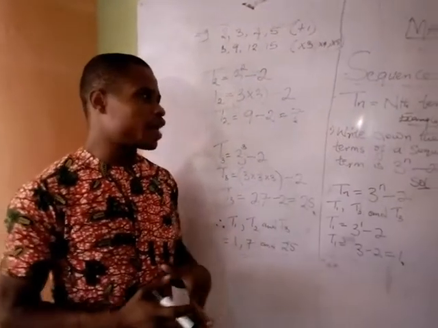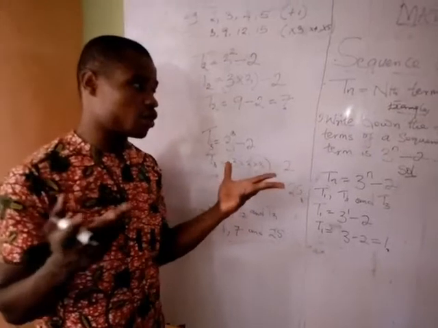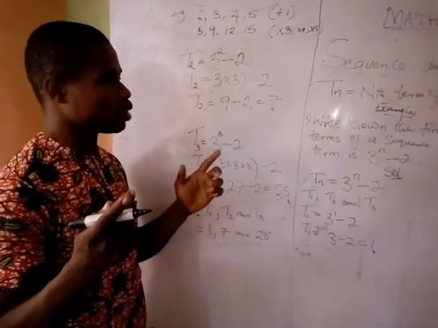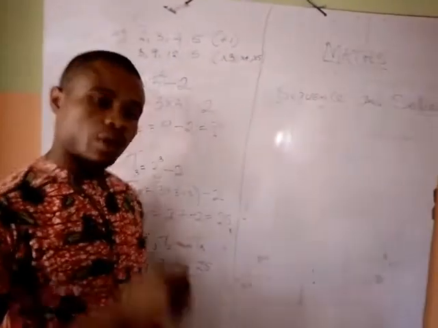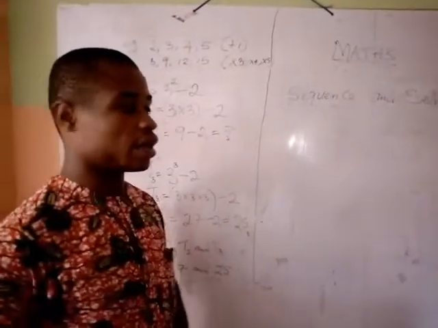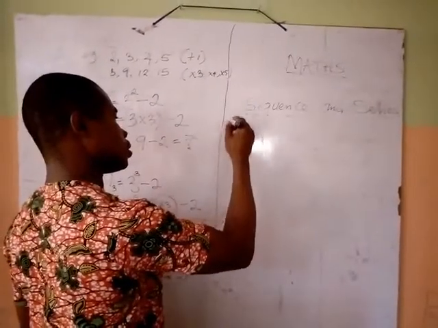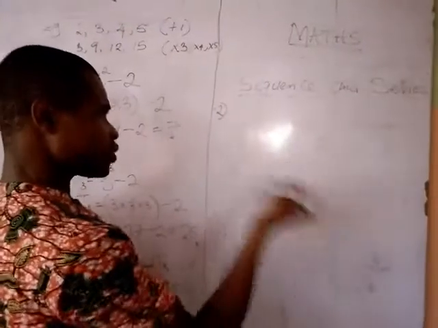Then we can equally find the nth term of a sequence, assuming the nth term of a sequence is not given to you. But before that, let's just take one particular example that most students do find difficult in solving. Okay, we go down with the second example, example 2, which says write